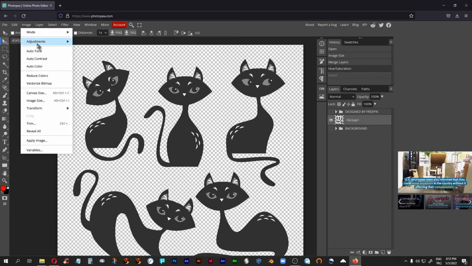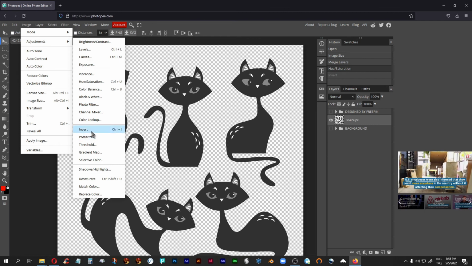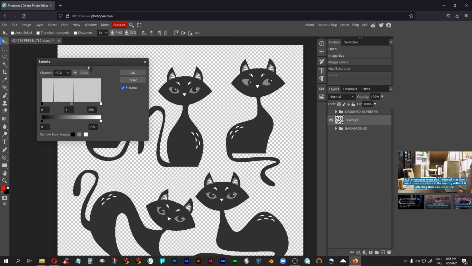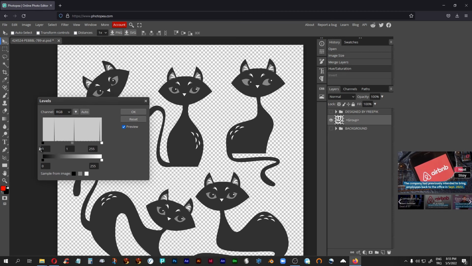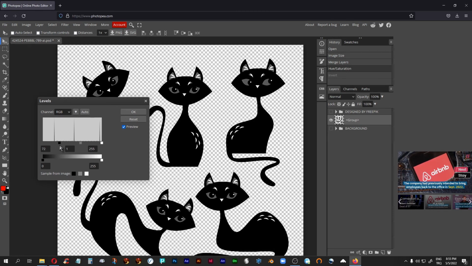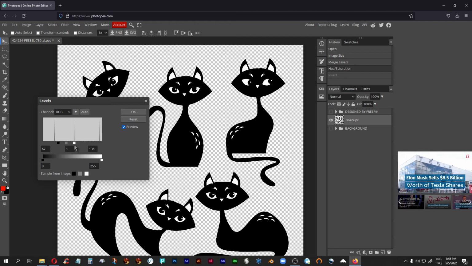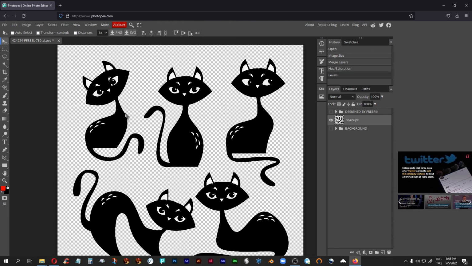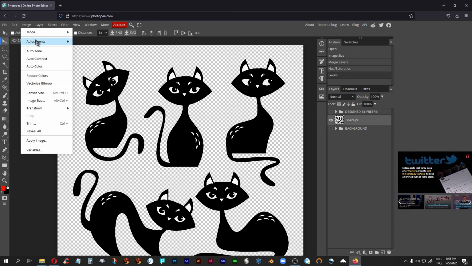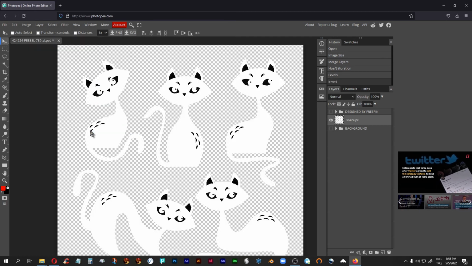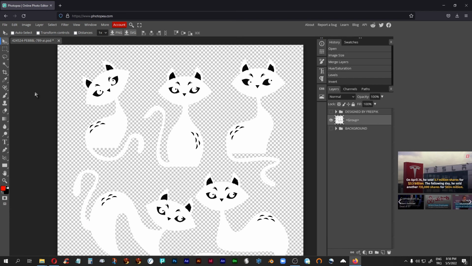So I'm going to do one more step. I'm going to go to levels, and I'm going through the menu. Normally I would just use keyboard shortcuts. I'm going to make the cats quite a bit darker, but I'm also going to make their eyes and things quite a bit lighter. So I'm really increasing the contrast here, as you can see. Click OK. Now I'm going to go to invert, and now my cats are actually white cats with dark eyes